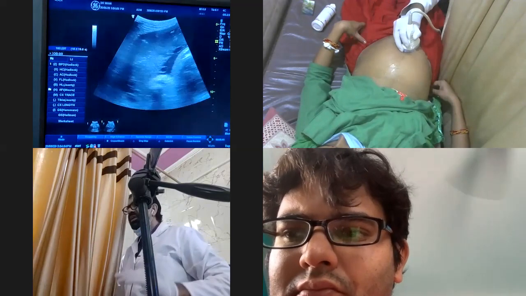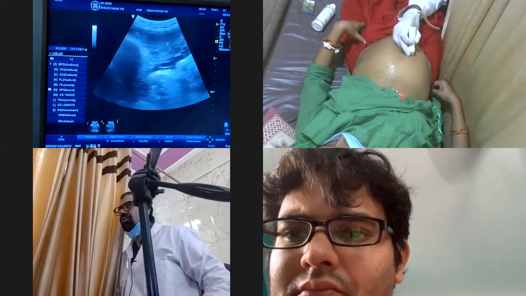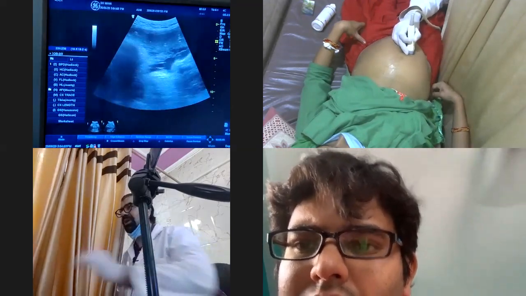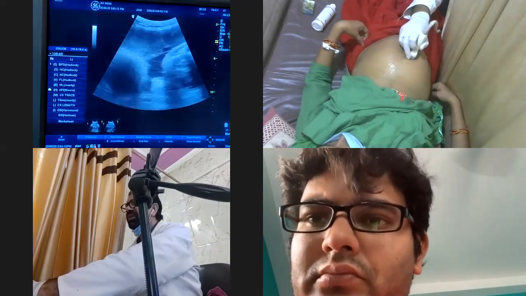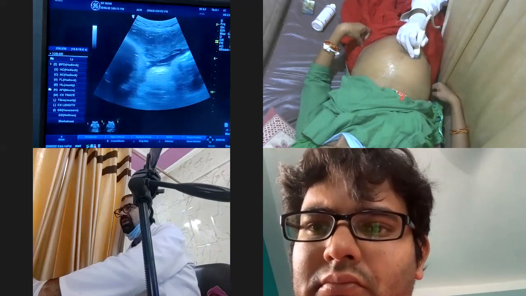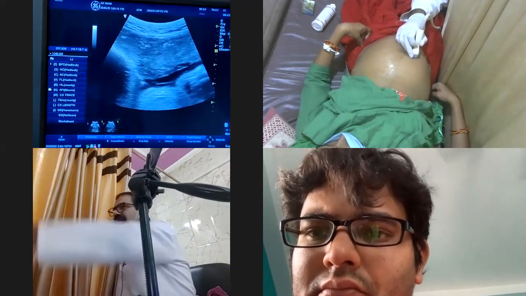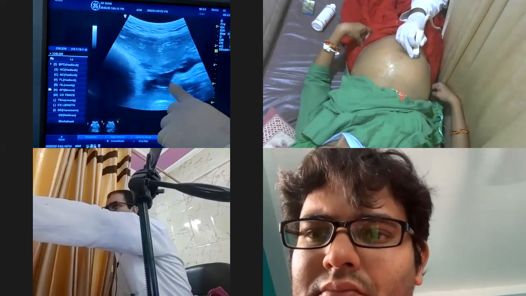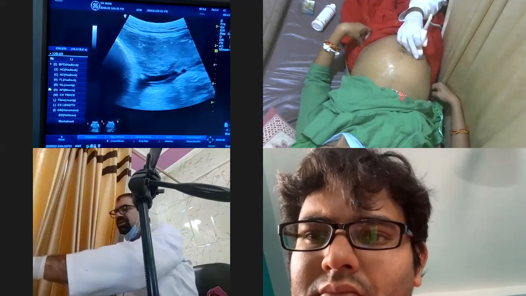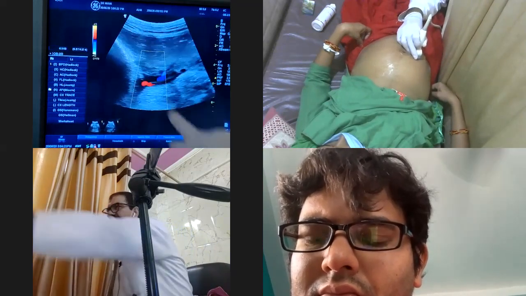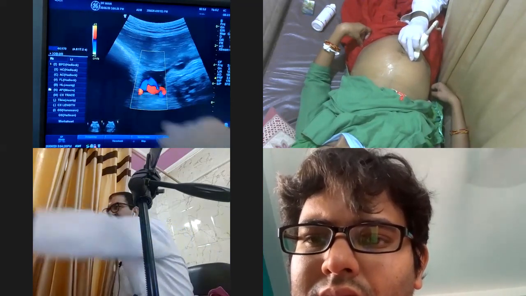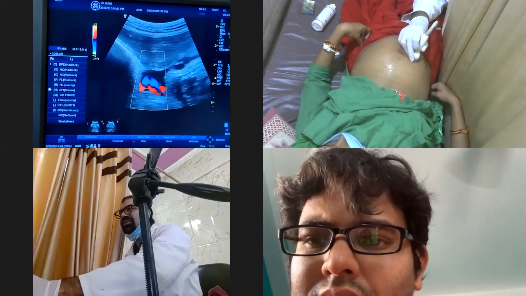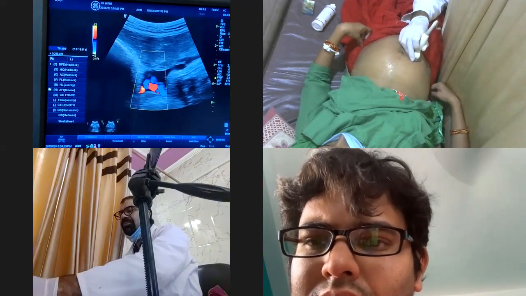And what is that? Let me show you how to take the umbilical artery. Whenever I am taking the color Doppler, I am taking the umbilical cord also. Now see, I am seeing the free floating umbilical cord over here. Whenever I see the free floating umbilical cord, I will put the color box. Now there are 2 arteries and 1 vein. I will take the pulse wave,